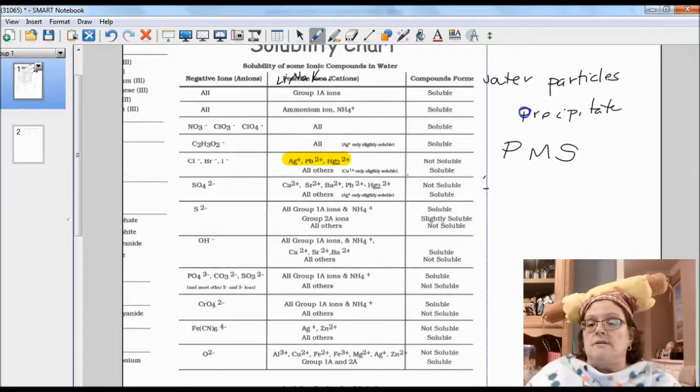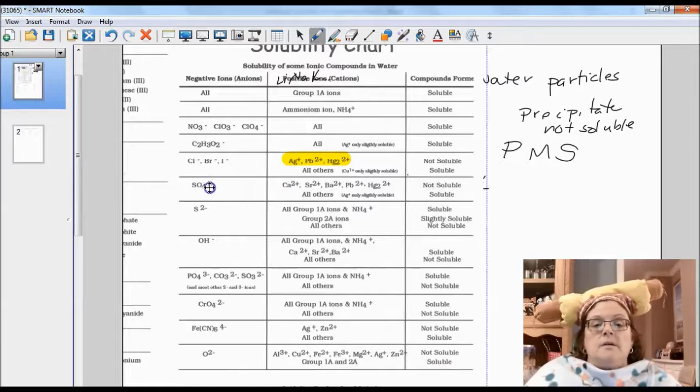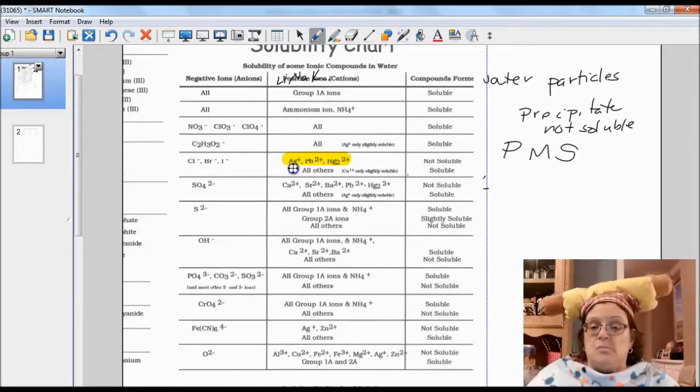It means it's not soluble. Okay? So, chlorides, bromides, and iodides: if it's silver chloride, it's going to precipitate. If it's silver bromide, it's going to precipitate. If it's lead iodide, it's going to precipitate. It'll also be a really pretty yellow color because lead forms lovely yellow